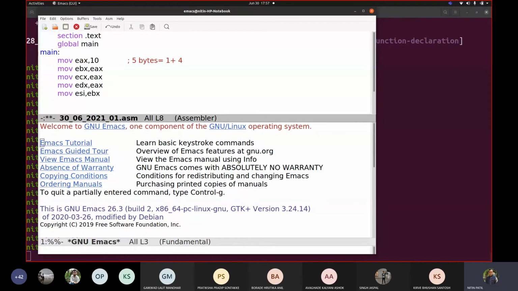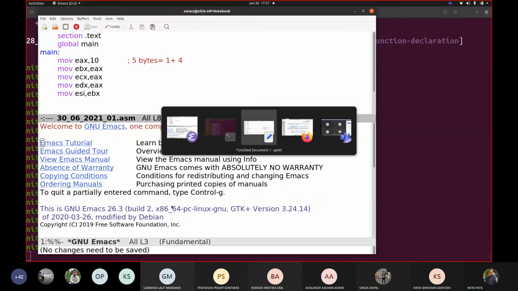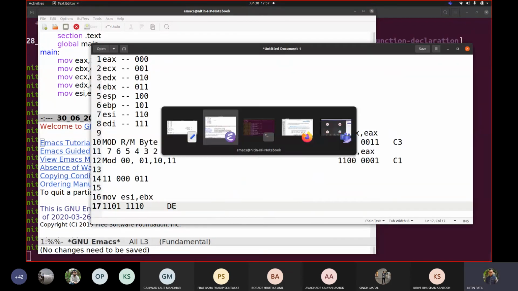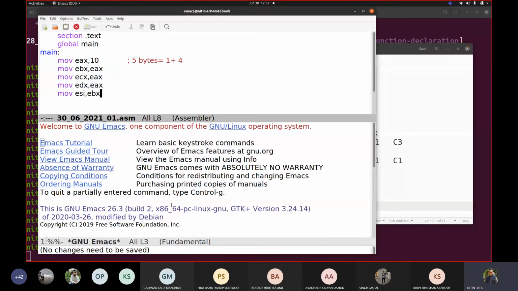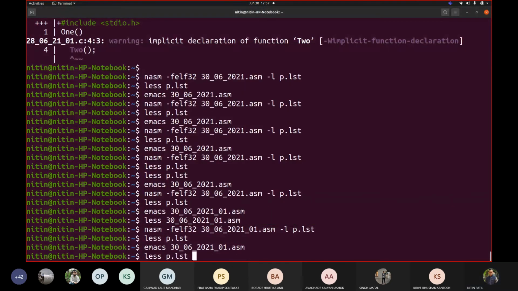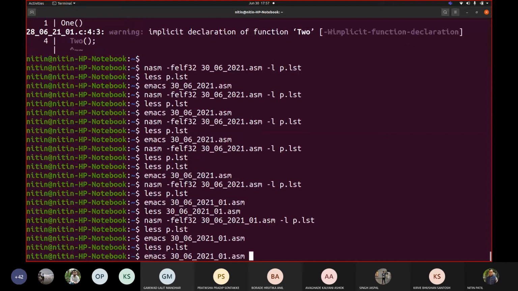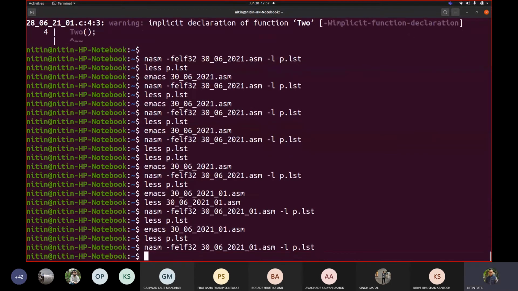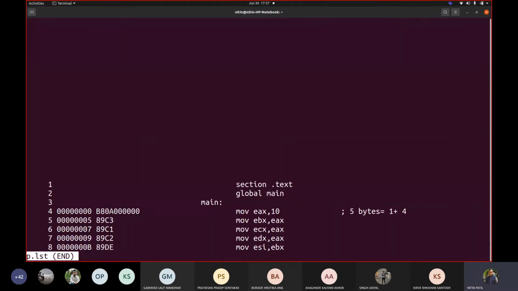We should get DE there. Let us see whether we are on the right track or not. Can you see DE? Yes, we got it.